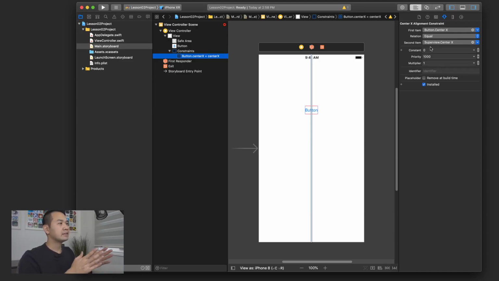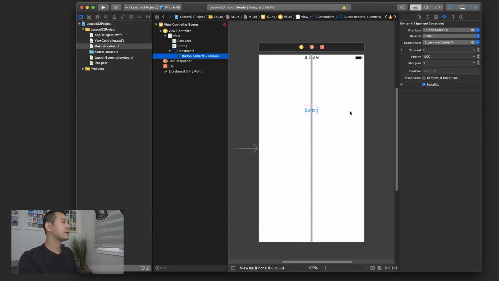In this case, that is going to be our overall screen or our view. And so the button's superview, or another way to think of it is parent view, is the screen itself. And the property it is relating is the center X, right? So the button center X is equal to the superview center X,